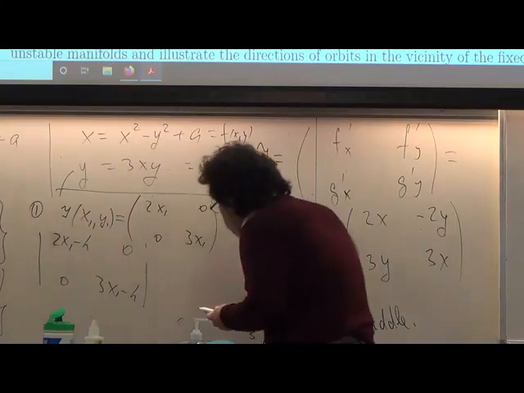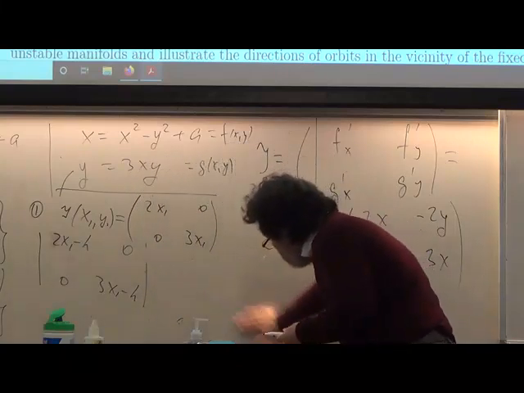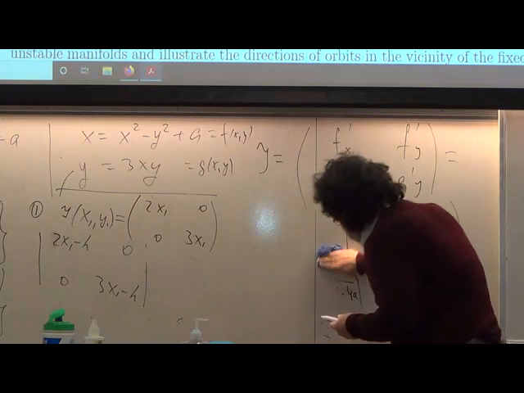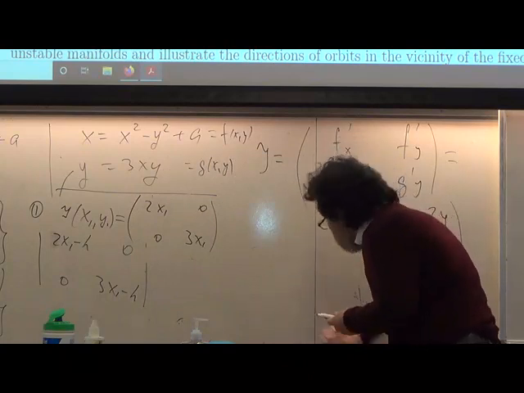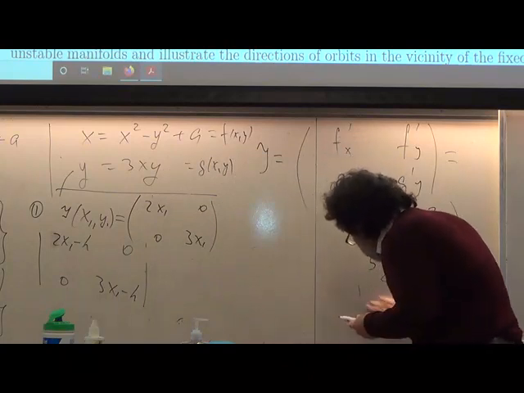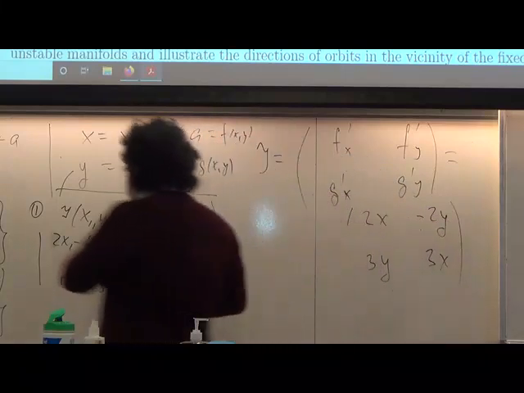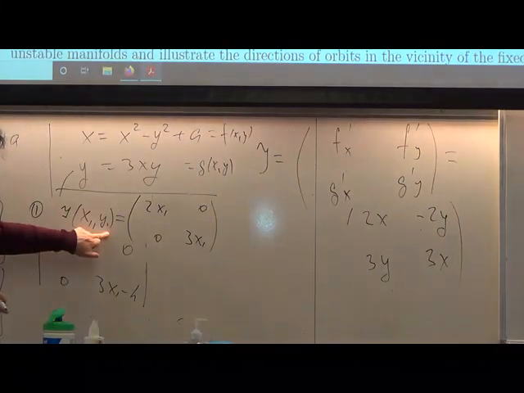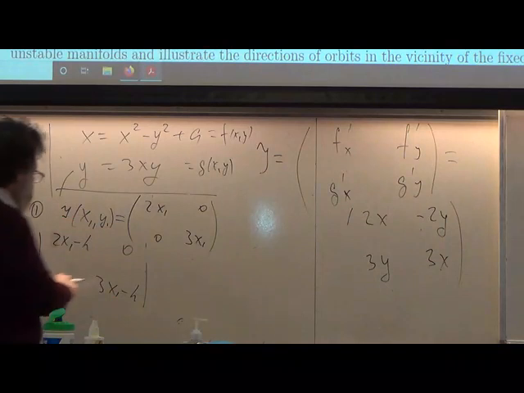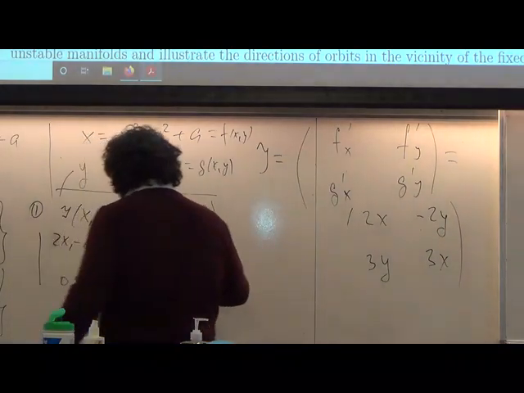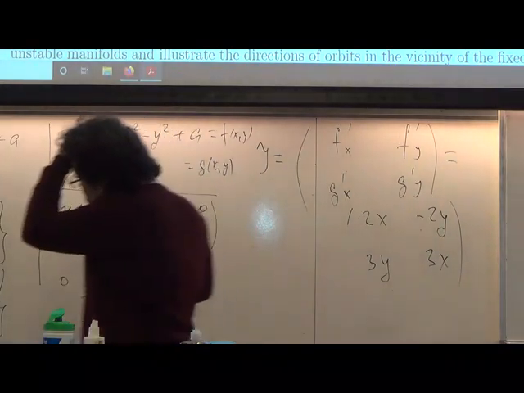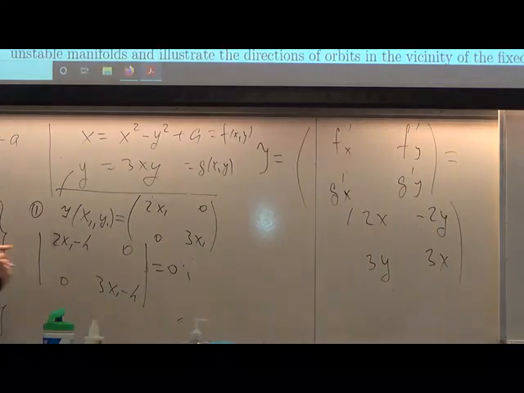Eventually all should be the same. So the Jacobian is still the same because y is 0. Therefore this should be equal to 0. It is fine. But now x here we should put x2,